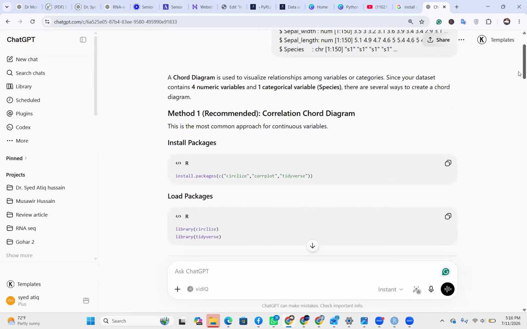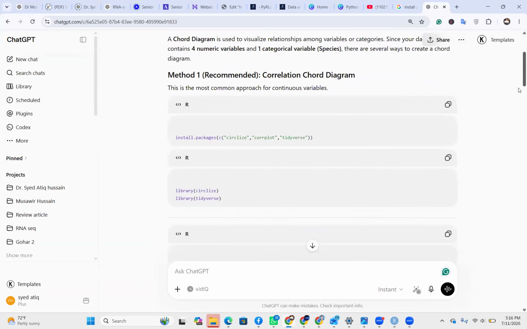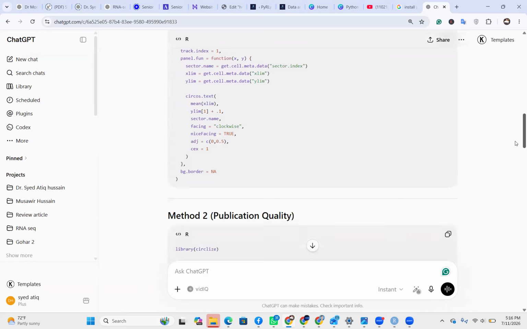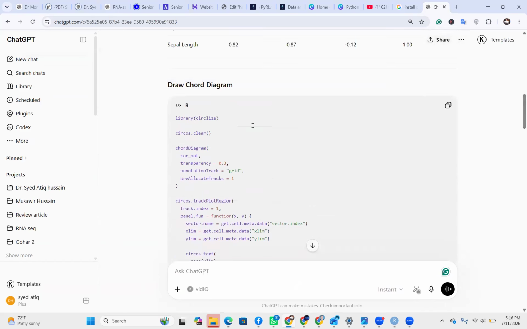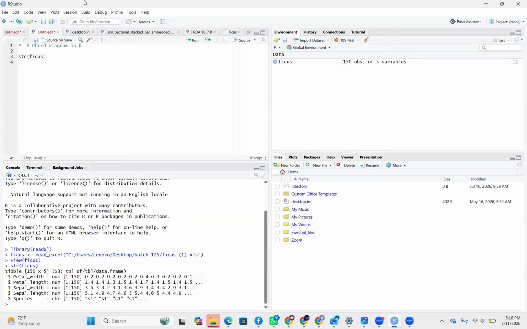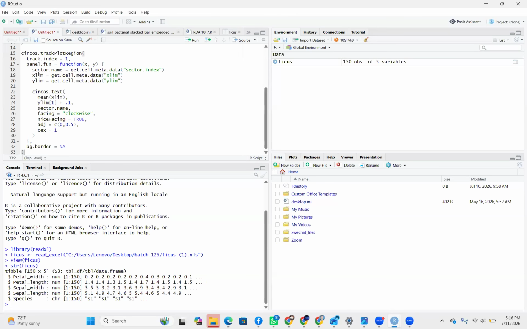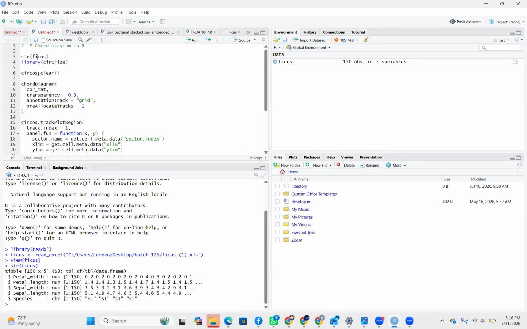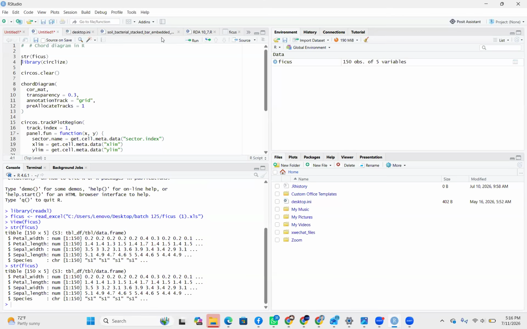It will give you script in different steps. But I need all code in single script. So here is the full method for chord diagram. Copy, open R, paste in R, and run all these codes one by one from step number 1. So step number 1 is str, next, next,